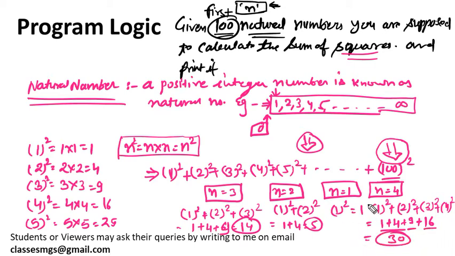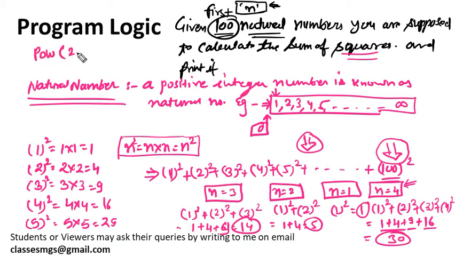So this way this program should return. So what actually we need to build is the logic. First, you should know how to calculate the square in Python. To calculate the square in Python, what we need to do, either you can use the power function